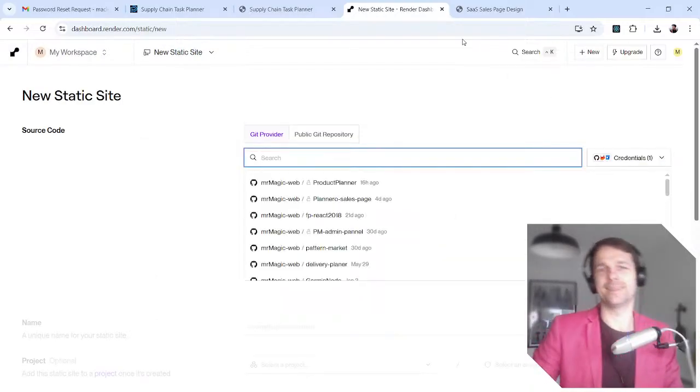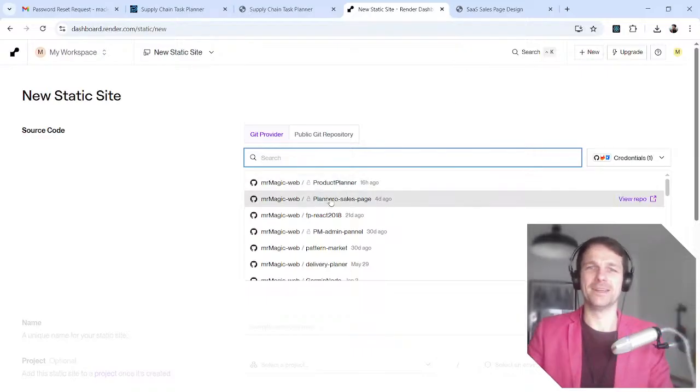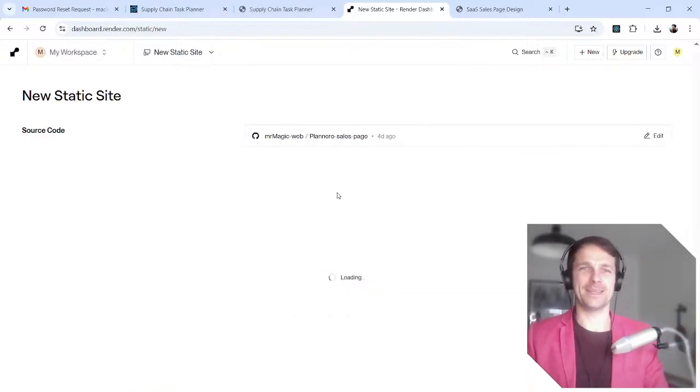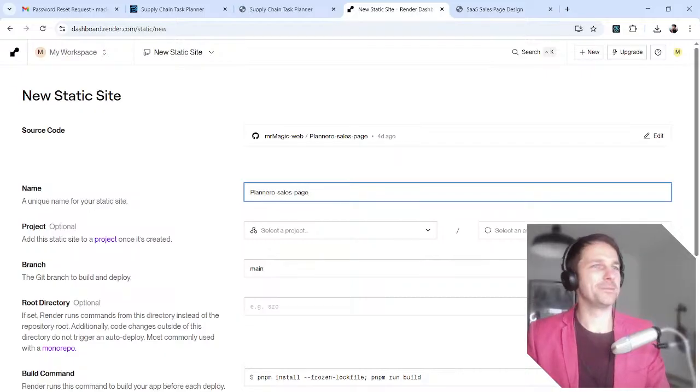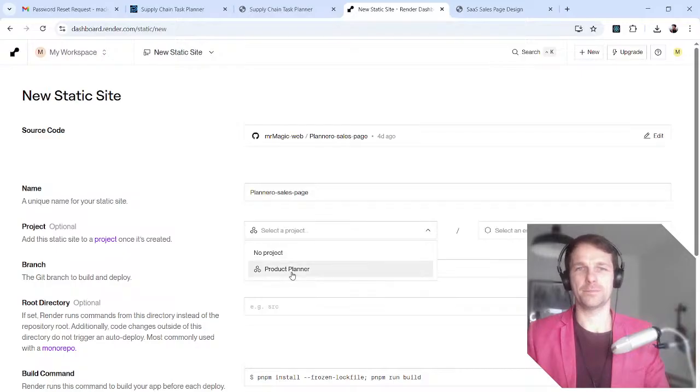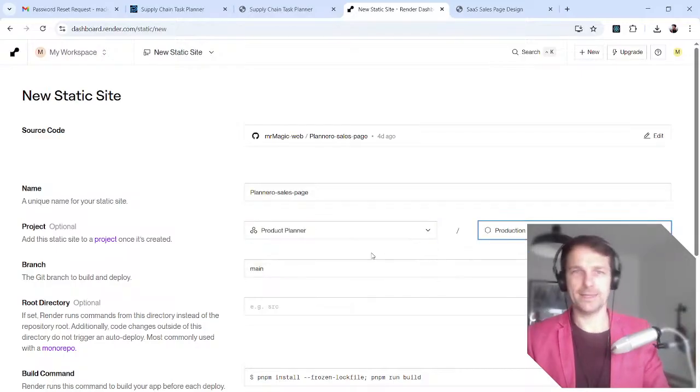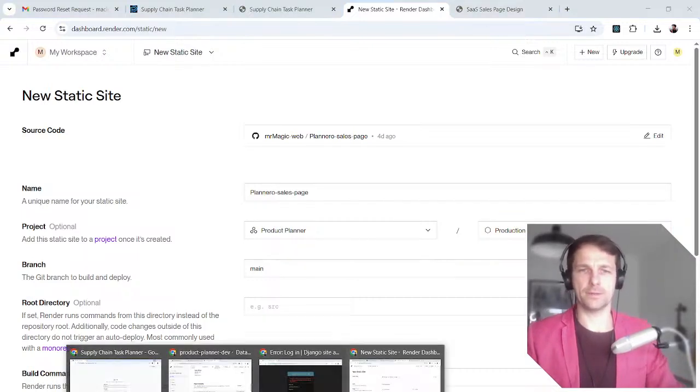And this is my favorite thing. This is where you just tell it to take it from my GitHub. This is where my GitHub comes in. So the project is product planner, I think. Production, yeah, let's do that. We take it from the main branch, is it, or master there?